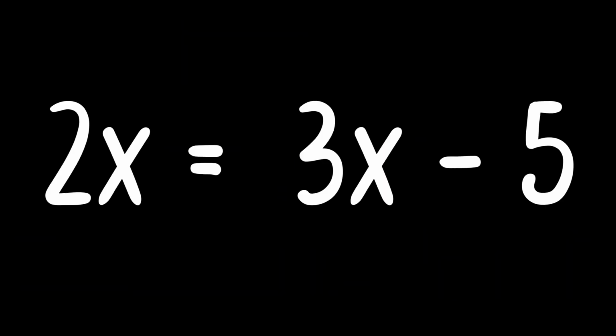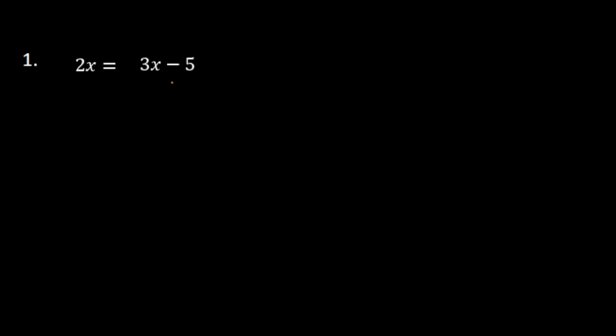Number 1, we have 2x equals 3x minus 5. It's like a minigame. You can move the terms around, but remember one rule: change the operation sign when you do so. If you can't see the symbol, it means there's a plus. In principle, left-hand side, I write first as the original. So this would be